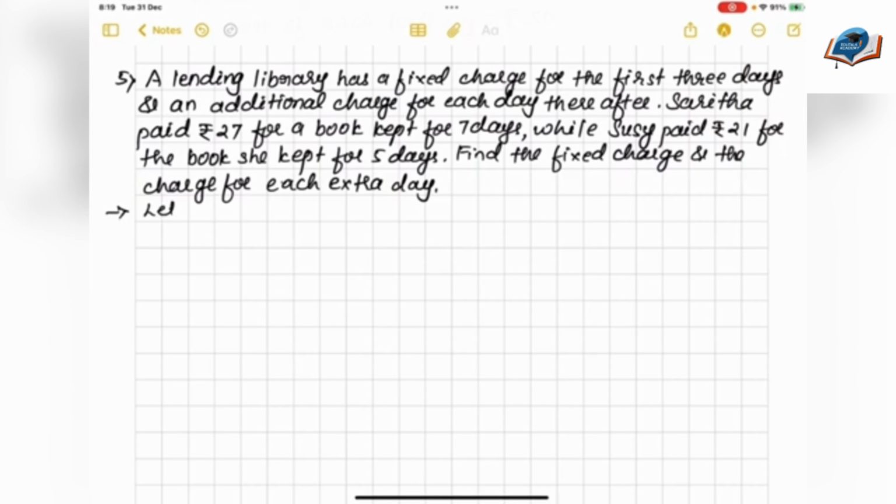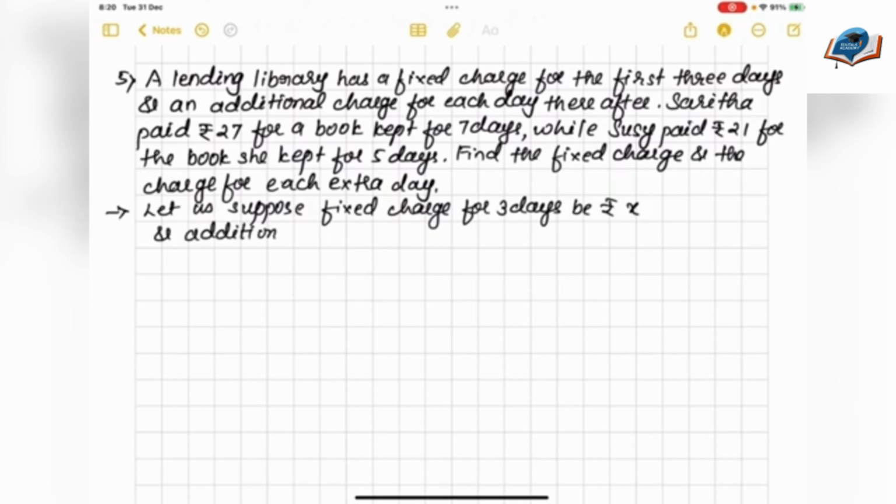So first let us suppose the fixed charge for 3 days be rupees x and the additional charge per day, that is after 3 days, be rupees y. So Sarita paid